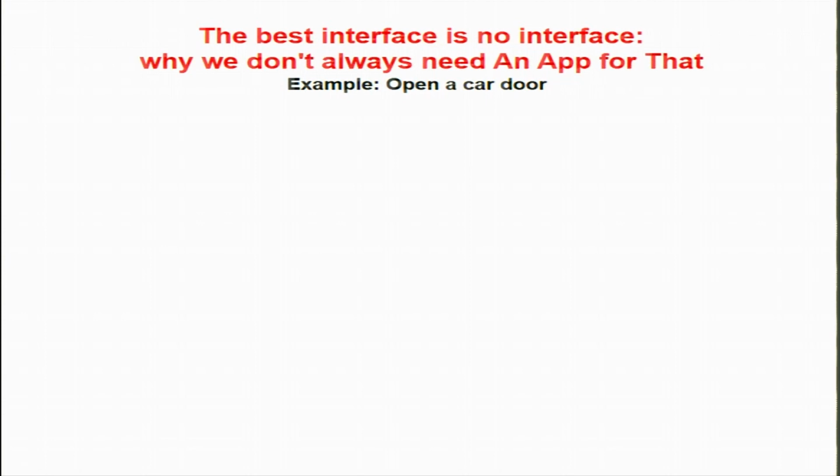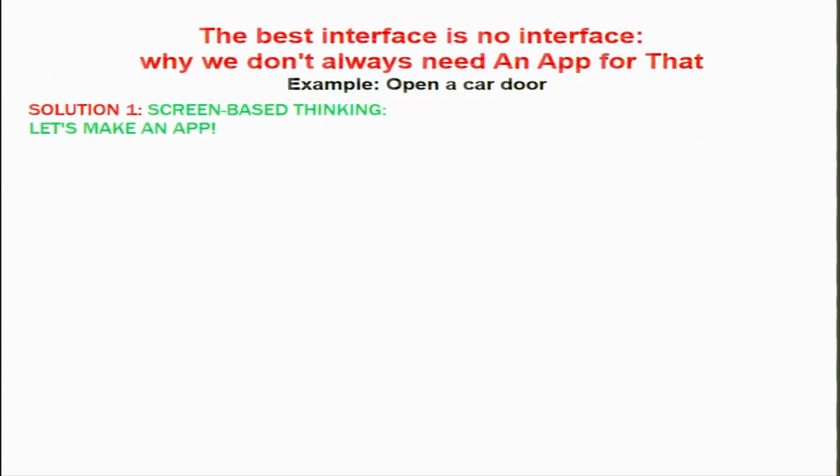So let's say we wanted to interface to open a car door and get a signal when you're carrying the car key or not carrying the car key. The best interface is no interface. We do not always need an app for that. Let's say one example could be opening the car door. So the solution one